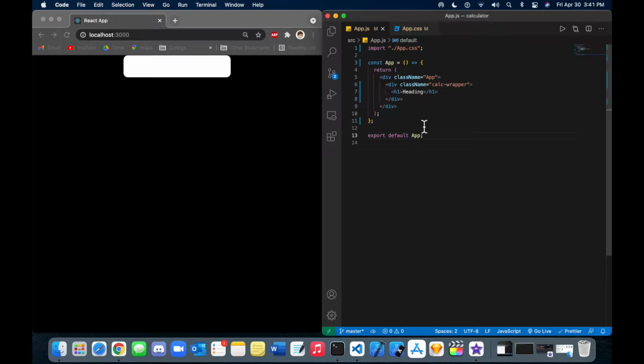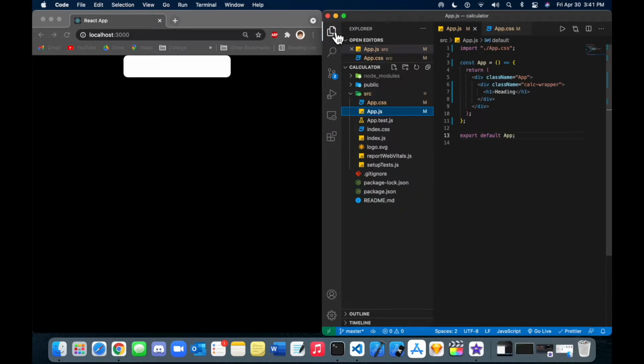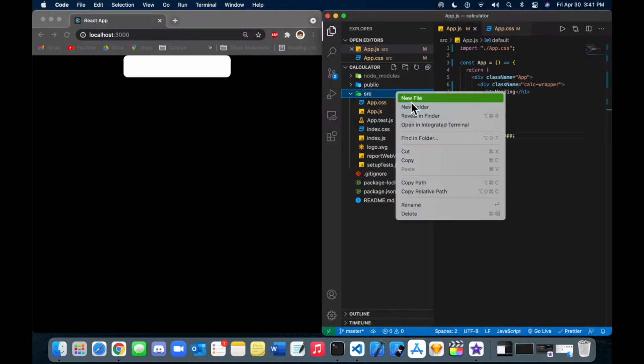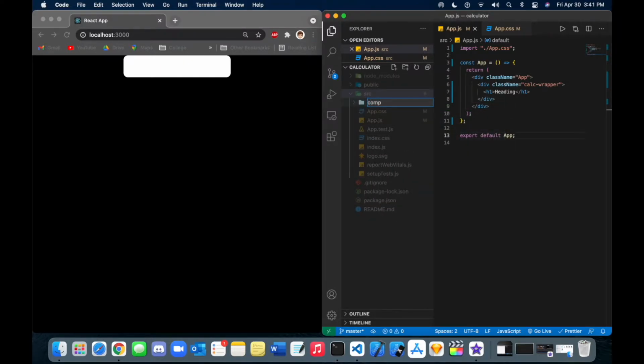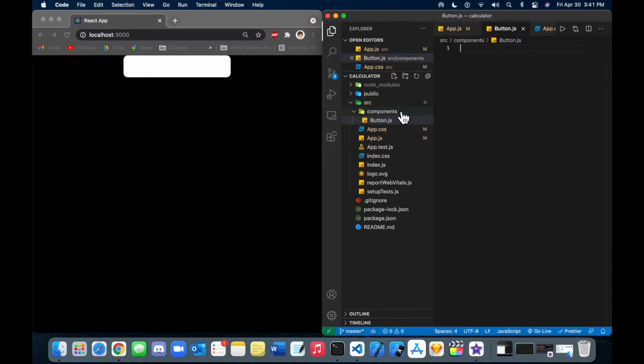Now that we have all the divs where we're going to place our components, let's create the components folder inside of source. So right click, new folder, components. And the first component that we're going to create is going to be the button.js, and we'll also have button.css. Okay, so inside button, first thing that we're going to do is import our button.css. We're going to create our button object now, so it's going to be const Button